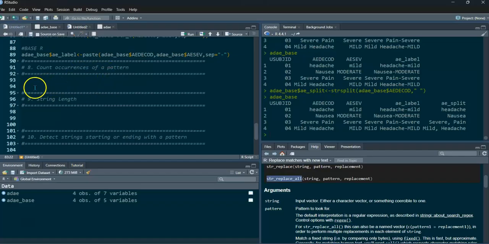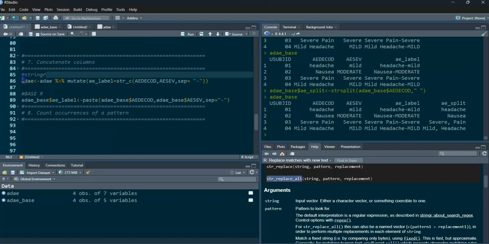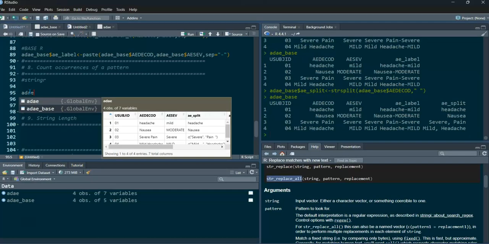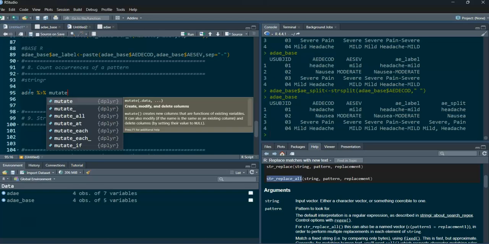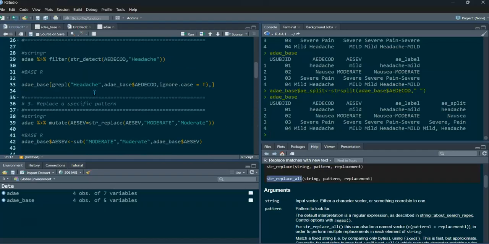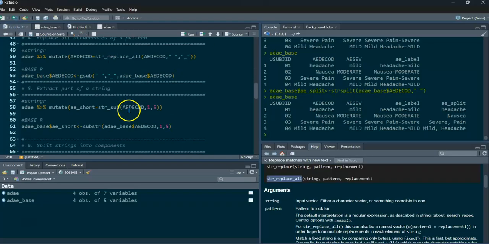So in this we count. I can show you with the example. Okay. Now we are focusing first on the stringr here. ADAE, mutate, and I want to count the pain. Go to this one. Pain. How many times pain comes in this variable? Okay,